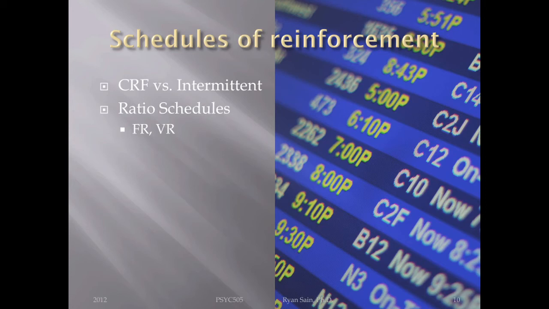And remember, extinction is withholding reinforcement for a given behavior. So with a variable ratio schedule, you actually have extinction built in. So as you go along, you're engaging in a particular behavior, but you might not be reinforced for it. That's an instance of extinction. But if you're on a variable ratio schedule, you will be very resistant to extinction because sometimes it's 1 behavior, sometimes it's 2, 3, 4, 5. Now I'm engaging in 5 behaviors and I haven't been reinforced. You hit the 6th behavior, boom, reinforced.